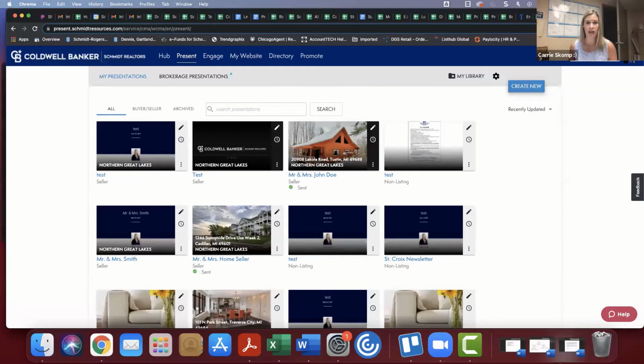It'll pull in all that data so that you don't have to manually enter that data as well. So lots of options. So first, I kind of like just to go through the support options that Moxie has, because there's a lot of different places where you can get information. So if you're ever looking for